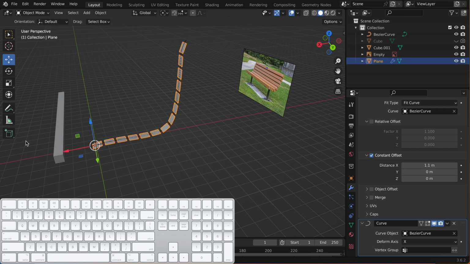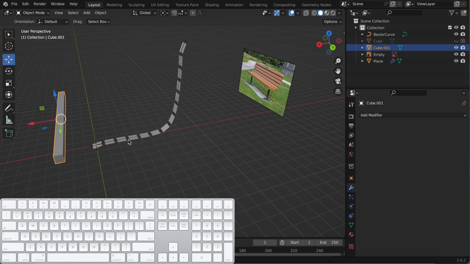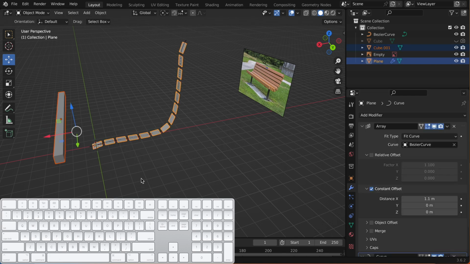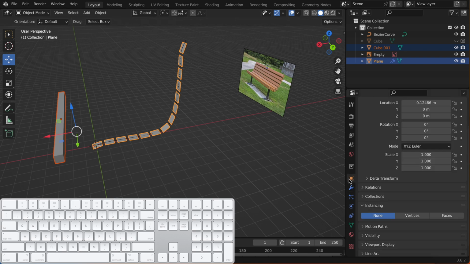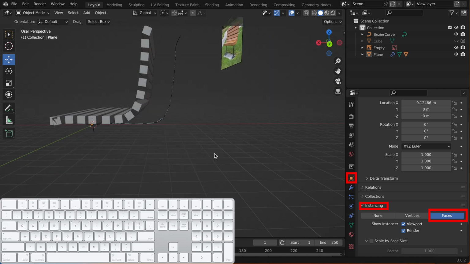Next, what we're going to do is we're going to grab this and this, and we're gonna go to here, but we're gonna do Command P. That's gonna open our parent. We're gonna combine with object. Then we're gonna do faces. So now you see